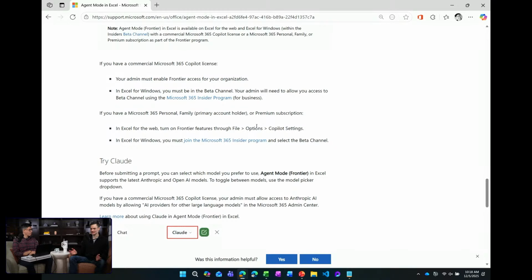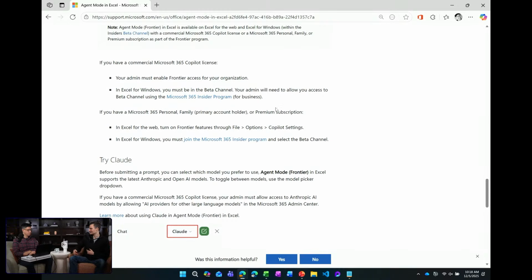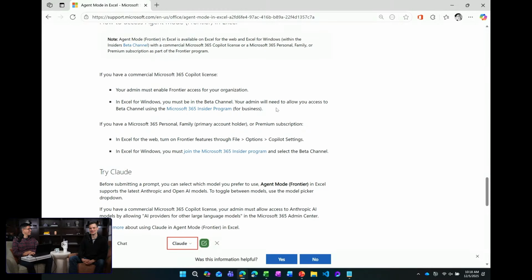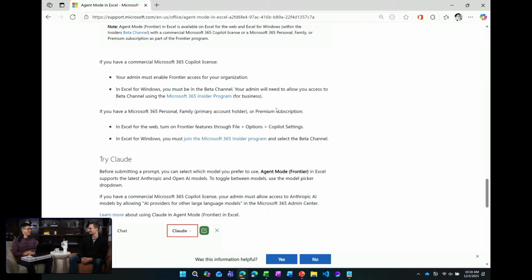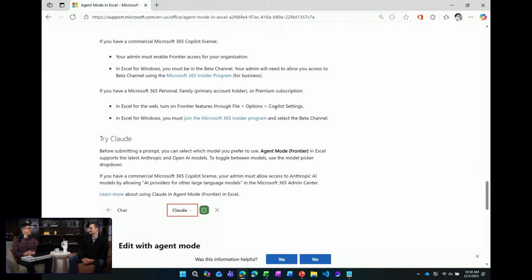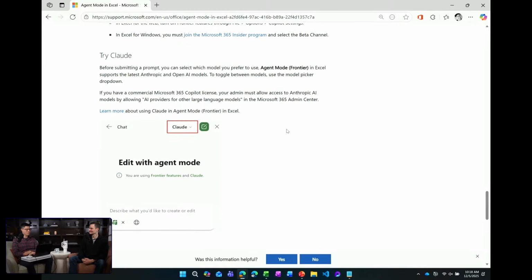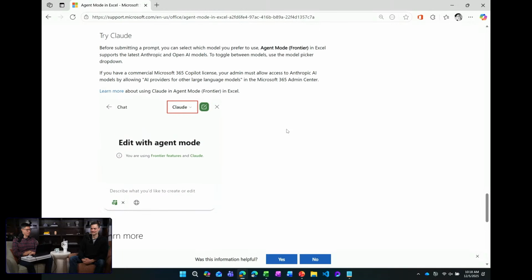And is it as simple as saying, hey, I have an account and I want to opt in? Well, for consumer, it tends to be that case. For enterprise, it's a little more involved. Okay. You have to work through your IT admin. So make sure you get a lot of cookies for your IT admin and work it out. If we have any IT folks joining today, please take a look at this if you want to be on the bleeding edge, really a Frontier kind of company.